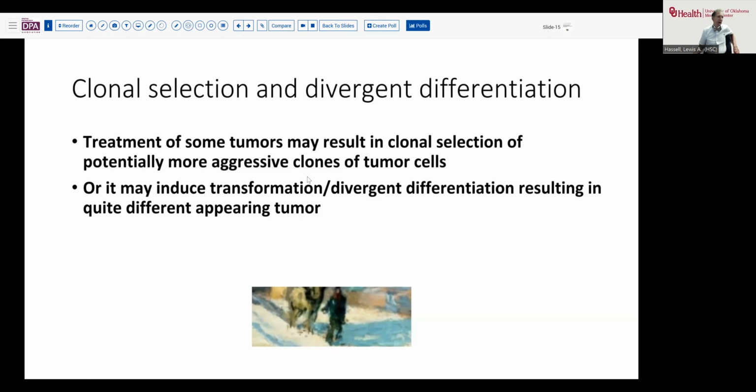So just a sign of, think about the other thing that can happen here. As patients get treated, there is a process of so-called clonal selection that can occur. And that can sometimes lead to divergent differentiation or a de-differentiation, if you will. And that is potentially going to expose more aggressive clones. And this can therefore also mean that sometimes your recurrent or residual tumor can look quite different from that initial